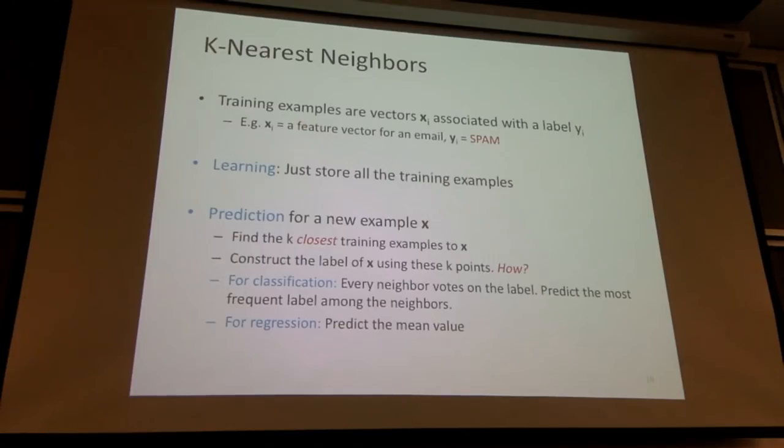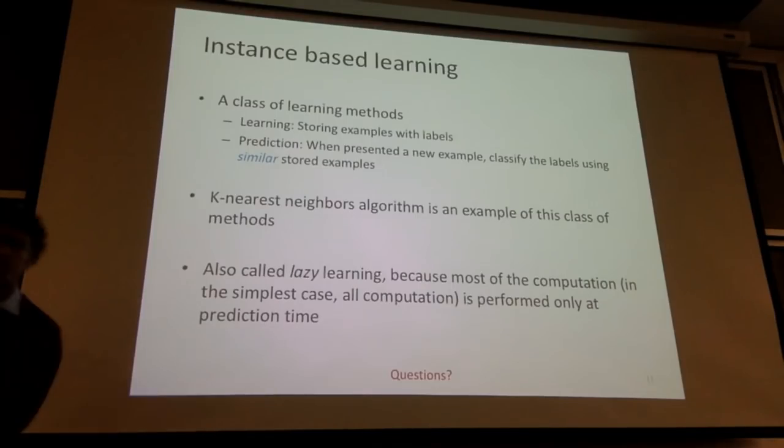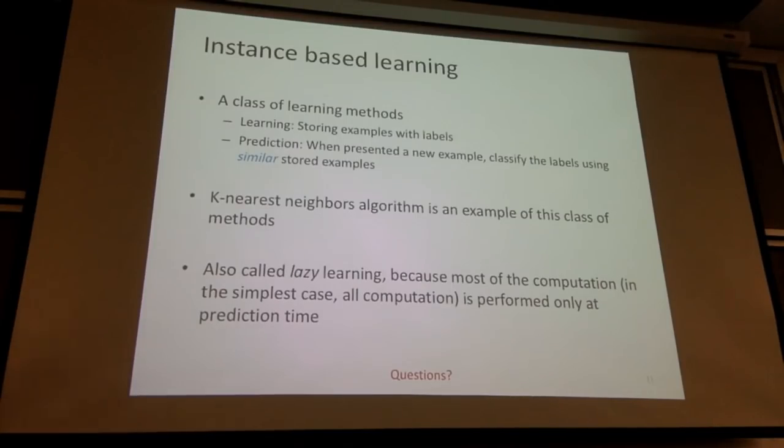So basically, this is pretty much all there is to say about k nearest neighbors, if all you need is to know what they are. K nearest neighbors are a class of methods that are called instance-based learning methods, where learning typically involves storing the entire training set, and prediction